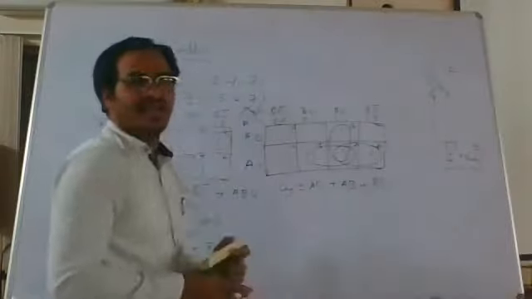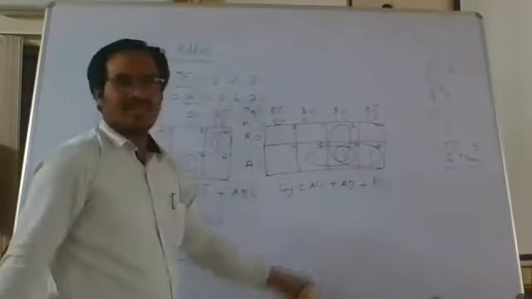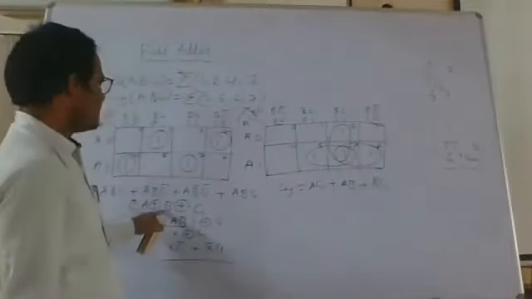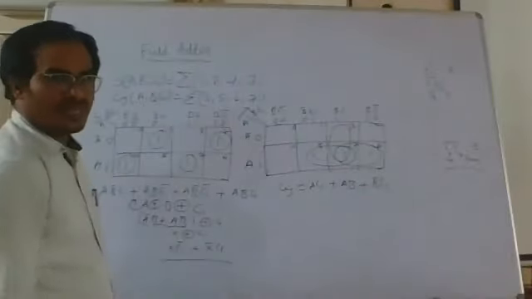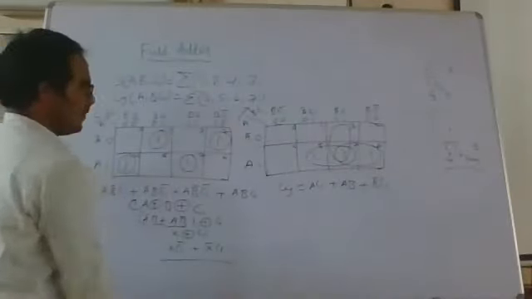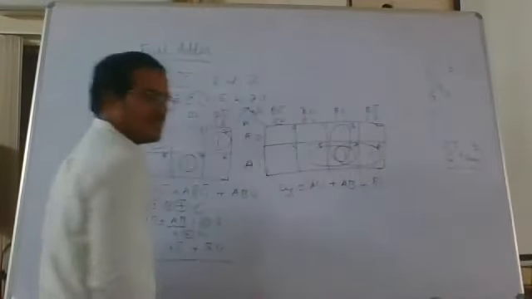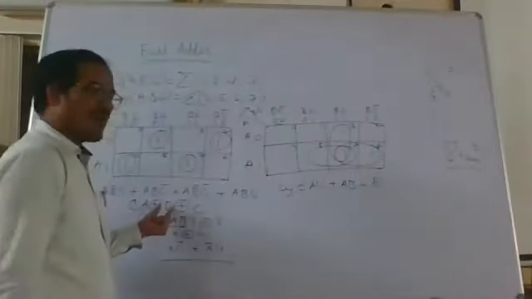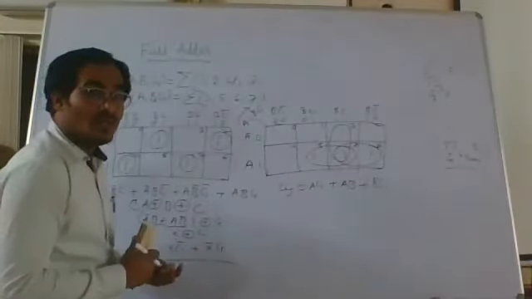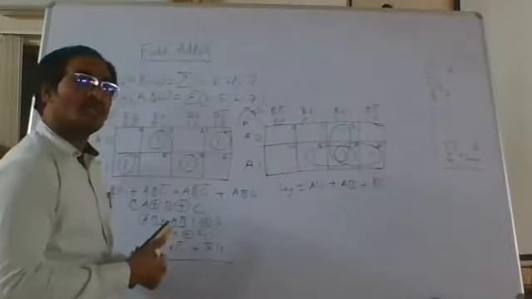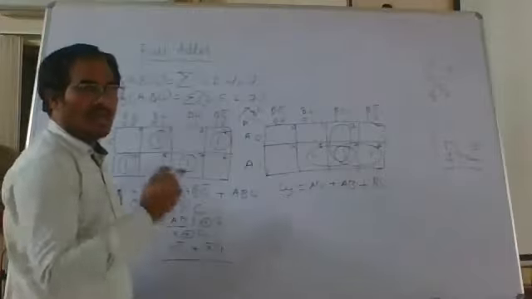So how many AND gates do we need? 3 AND gates and 1 OR gate. And for the sum we need exclusive OR gates. The final step is the gate level design, which comes after step 4. For the exclusive OR gate, we cannot apply 3 inputs; an exclusive OR gate takes only 2 inputs. So we use 2 XOR gates instead of a single 3 input XOR gate in the logic design.